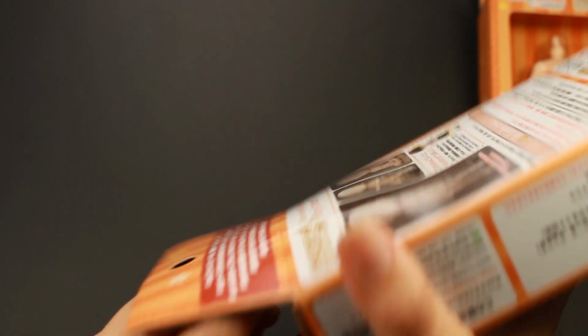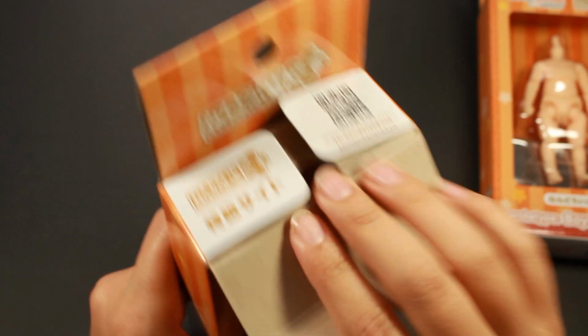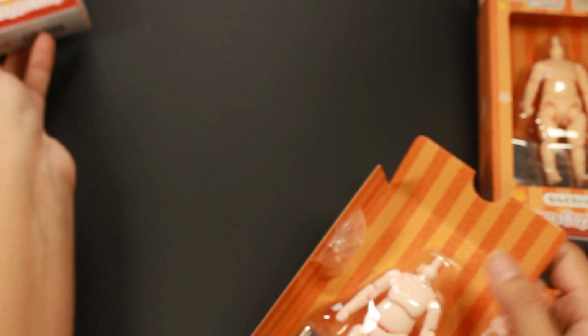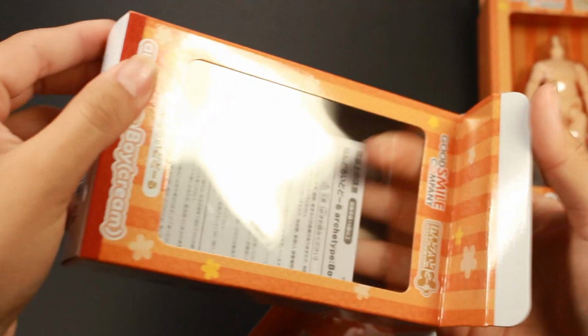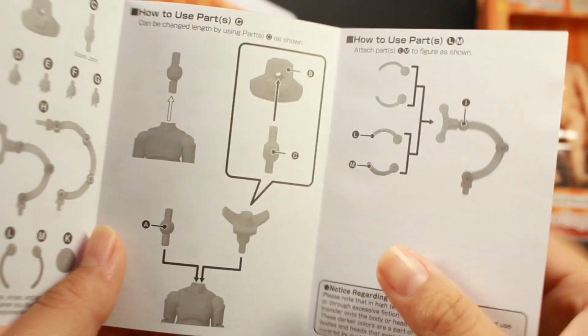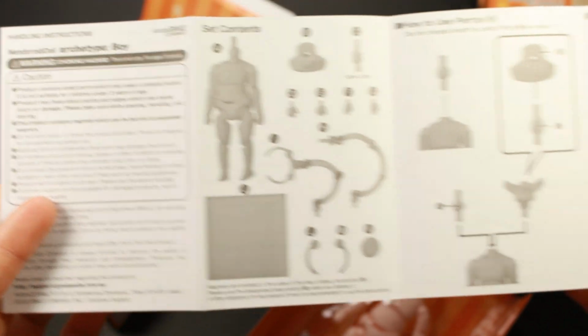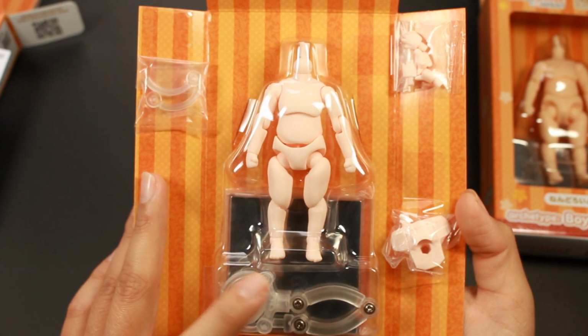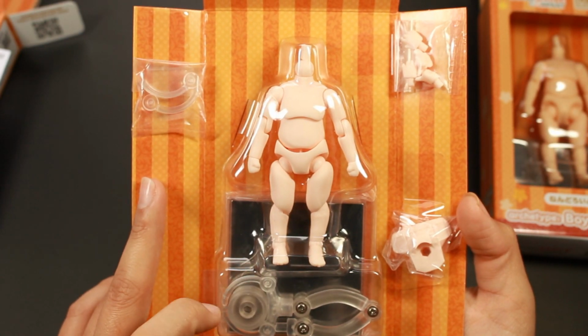Harder to open than I thought it would be. I don't want to rip this box. Oh, there we go. And then you can just pull this out. There is a little pamphlet inside that, I'm assuming, is standard for Nendoroids. It tells you what should be included in the box as well as how to assemble certain things, both in Japanese and English. So we have the mirrored base, which means all the feet on these bodies do have magnets,